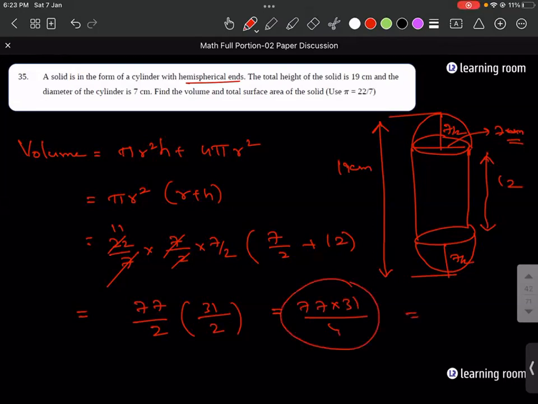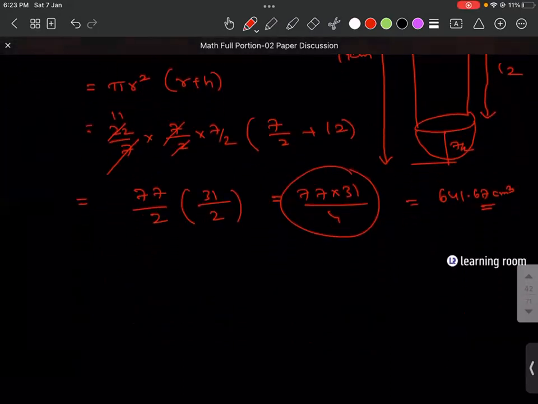Anybody with the final answer? I got 641.67 centimeter cube. Correct. Now, what about the total surface area of the solid? Total surface area of solid is equal to 2 pi RH, the curved surface area of the cylinder, plus